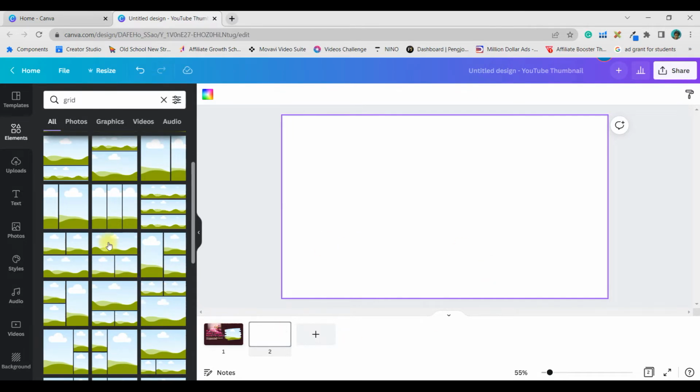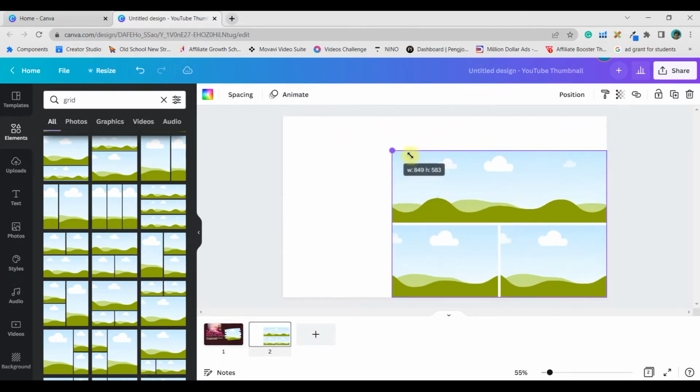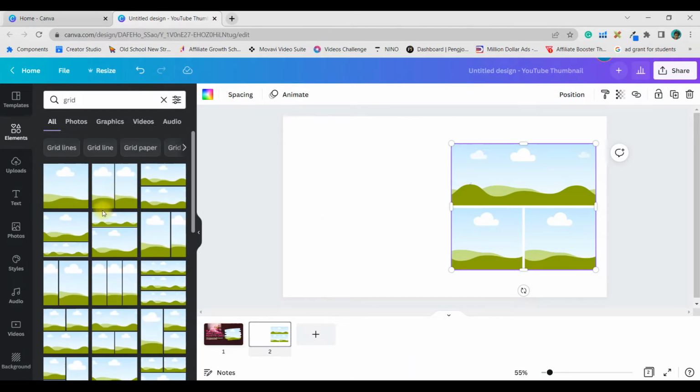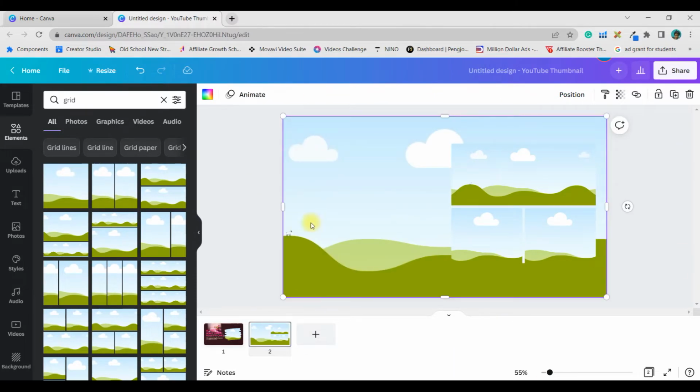I can go for 3 different types of pictures and make them small like this and add them here, and then I can give a beautiful background here, and then I can write some beautiful text in order to create the thumbnail. You can also take one complete grid which will allow you to cover the entire backside, and then